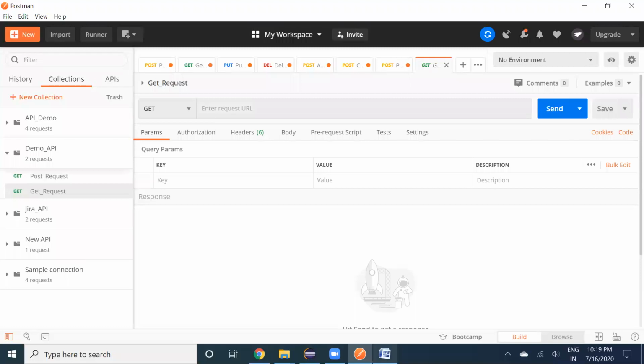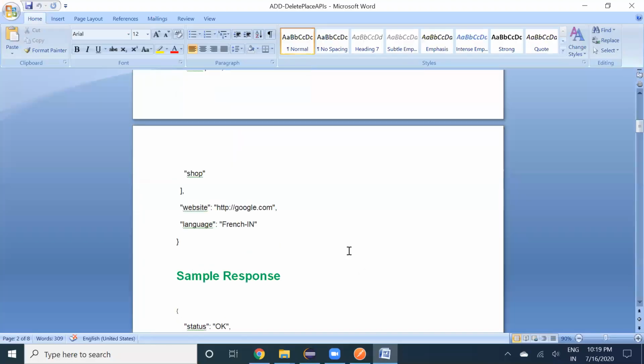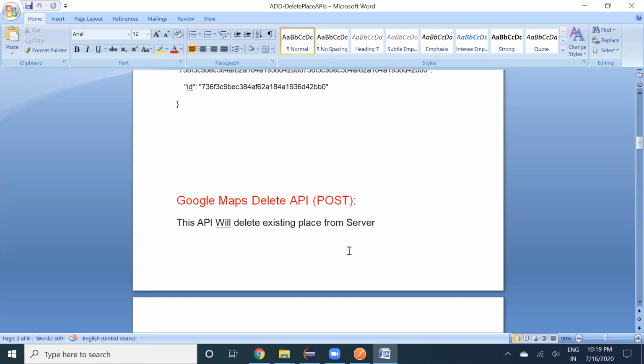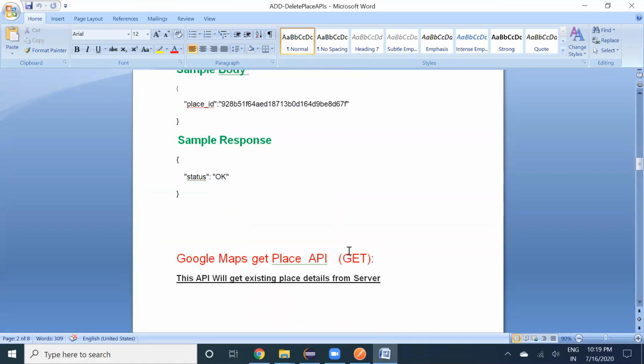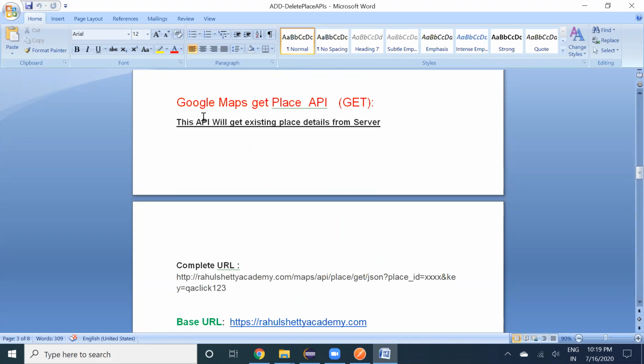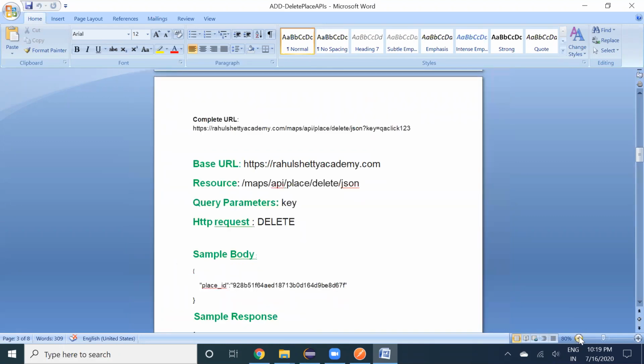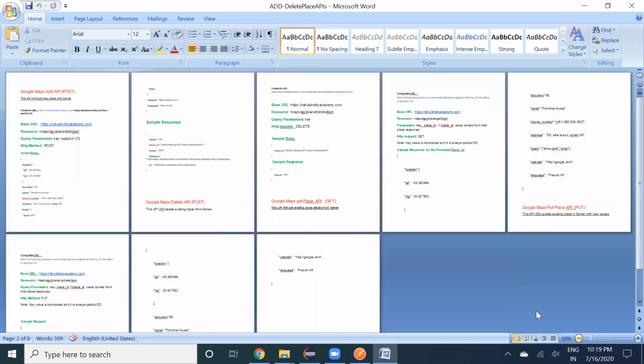Now this contract will be given by developers. If you are working in a company, this contract, which body to be posted, which resource to be posted, which endpoint and all, you need not worry, they will take care of that. The developers will tell you this will be the request and this should be the response.